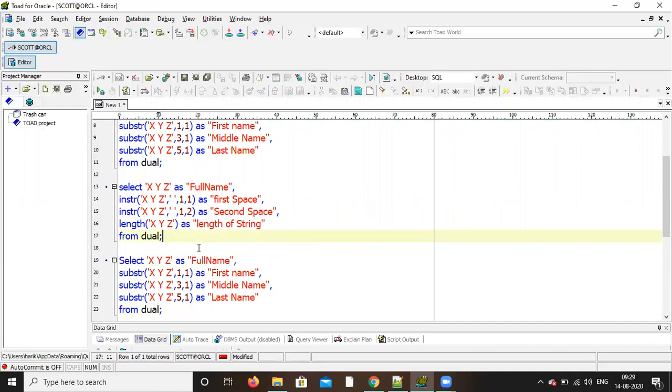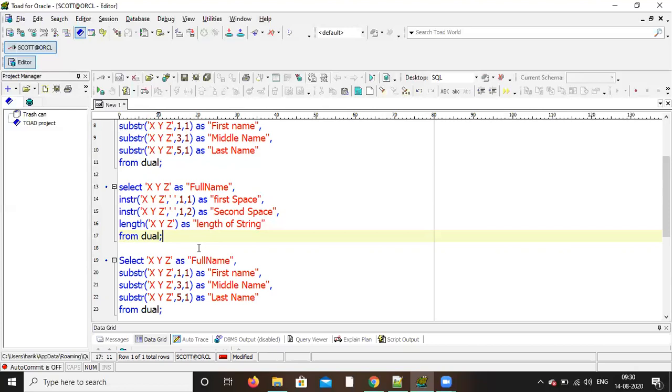So substring of, see how to find the first name. First name means you start searching from the beginning till before space. Before space means first of all you have to find the first space, then -1, right?